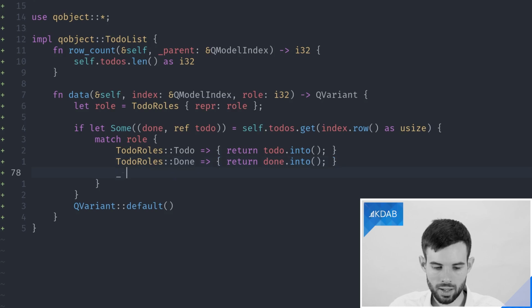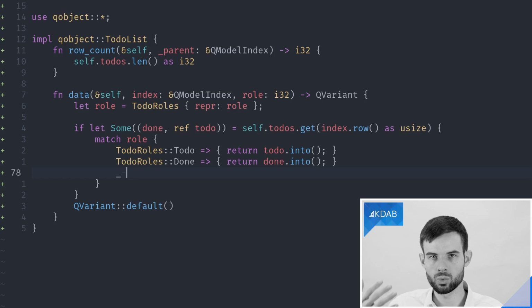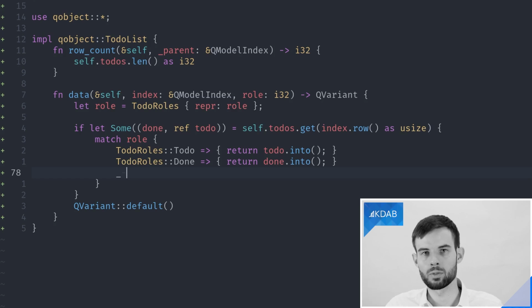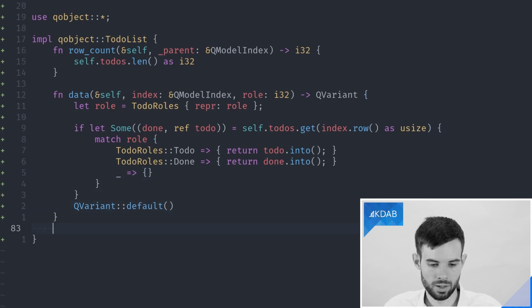our done state. And then, because we're using a CXX-based enum, we again need to have a match arm that covers every other case. Because remember, we created our to-do roles instance from an integer through its wrapper field. And this may indeed be an invalid integer. Qt shouldn't give us such an invalid integer, but it may theoretically happen. So Rust forces us to do the safe thing and specifically tell us what to do about it. In this case, we just don't really care about it, and we'll just return an empty data point, which is kind of the best we can do in this case.